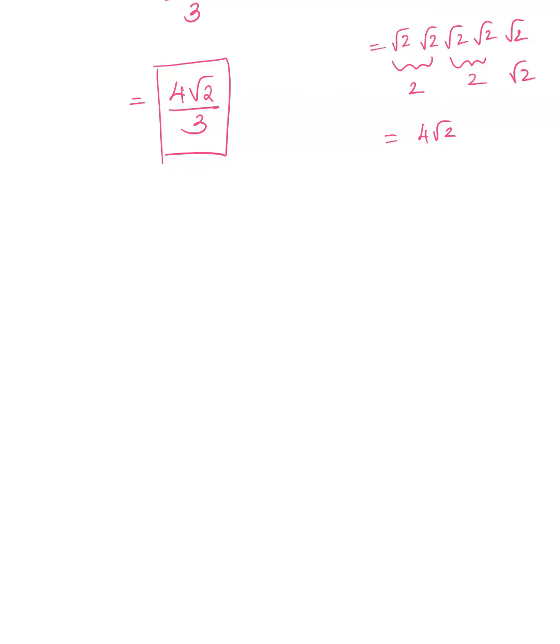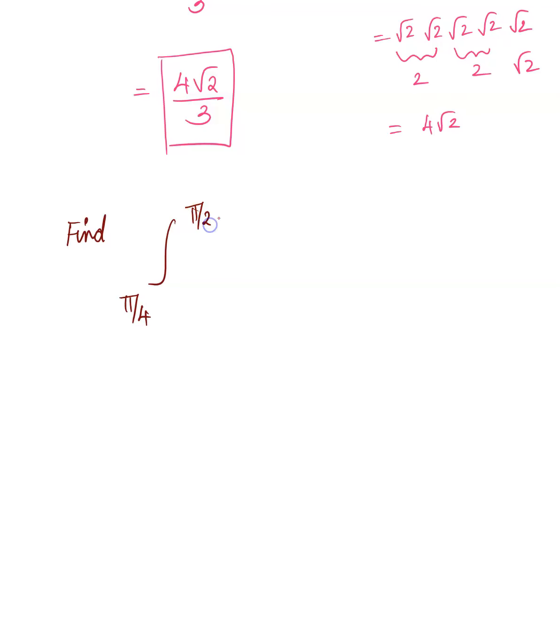So let's check out some of these examples here. Find the integral from pi over 4 to pi over 2 of cotangent theta, cosecant squared theta, d theta. Okay, that's given to us. Again, you want to go back to the formula and see which one gives you the integral formula. So if you go back, you see that if you chose